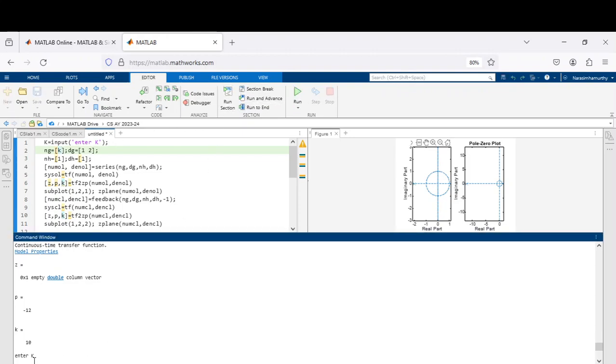Now it is asking for the value of k. You can give the value of k as around 0.1. If I give the value of k as 0.1, if you can see here,